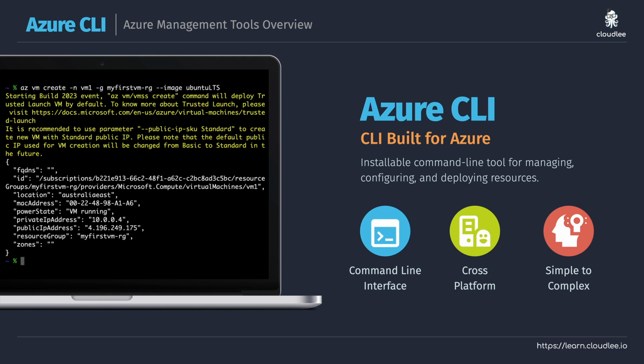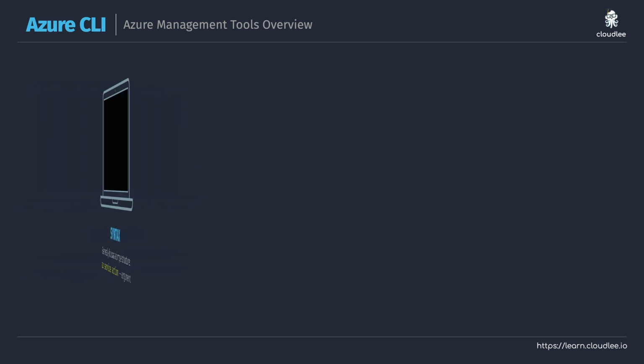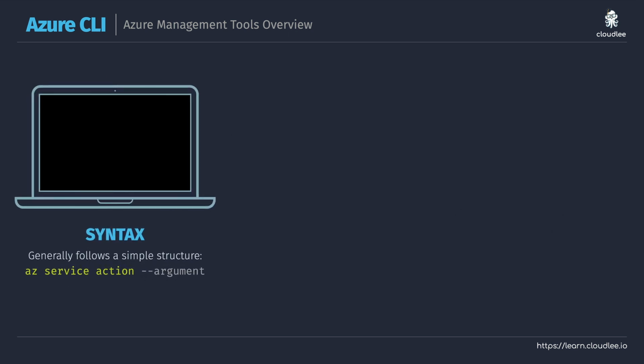Or you might save copies of your scripts and provide them to other members within your organization to make sure that you're deploying resources in a consistent way. It's really up to you how you use Azure CLI, whether it's for your day-to-day management or for advanced deployments. Now, if you are working with Azure CLI, what you'll find is that the syntax generally follows a